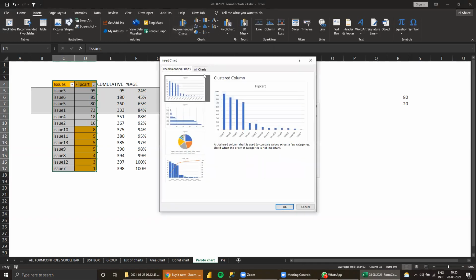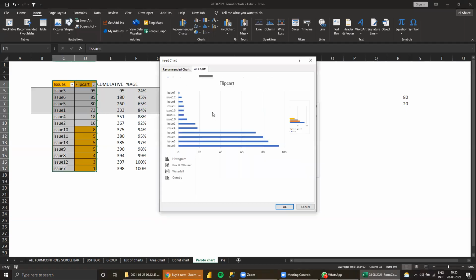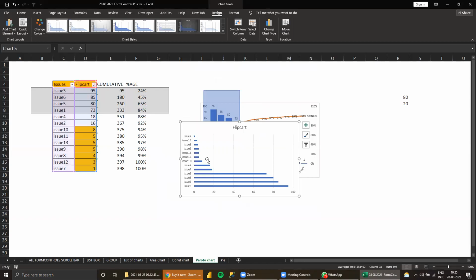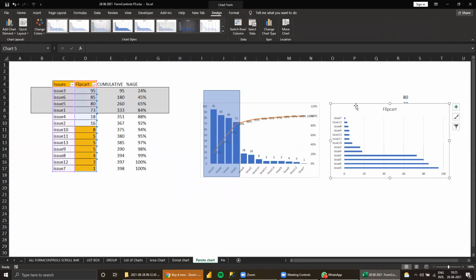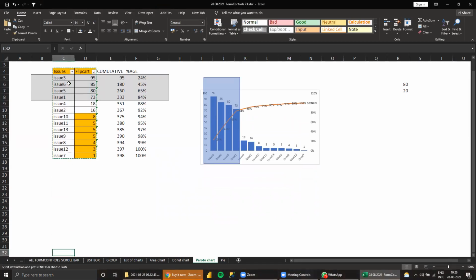When you have all charts, see we have the bar charts. In the bar chart it will be like this. That is not correct actually. So what we need to do for the bar chart is, I'll paste it here.